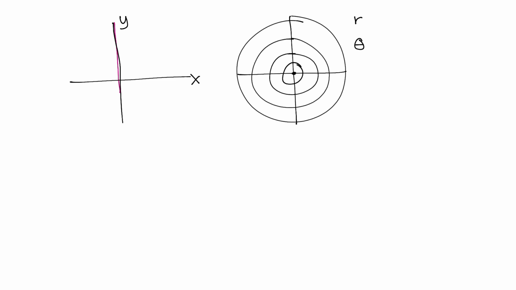R is the distance from the pole, so R would be this distance from the pole. And what is theta? Theta is the angle that gets there. But in the xy plane, if I have a function, and let's say I'm going from A to B in the xy plane,